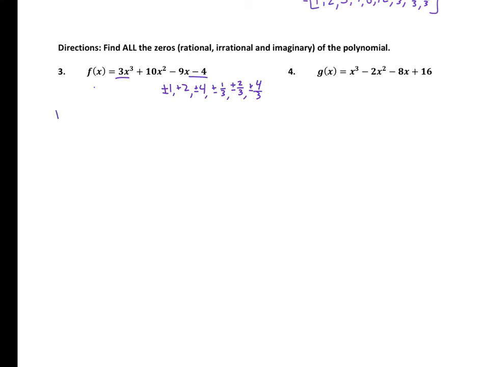So if we start off with 1, write your coefficients. So 3, 10, -9, -4. With synthetic division, we're going to bring down that first number. Then it's 1 times 3. That goes there. We're going to add now. 10 plus 3 is 13. 1 times 13 is 13. -9 plus 13 is 4. 1 times 4 is 4, so that gives us 0. This means that 1 is an actual 0, so now we're going to